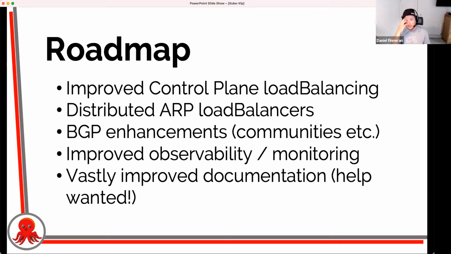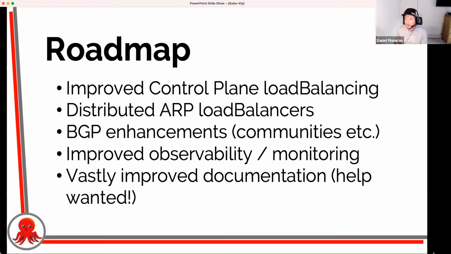We've done a number of BGP enhancements to allow next hop exposing. So depending on your environment, you could do a kubectl expose and expose directly to the internet and have traffic route all the way in to your services. You can see this in places like Equinix Metal. Inside Equinix Metal, we run Kube-Vip with the Equinix Metal CCM.